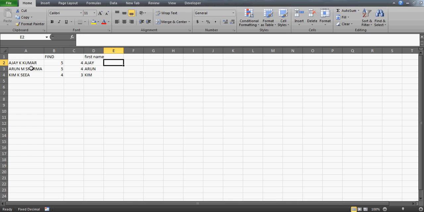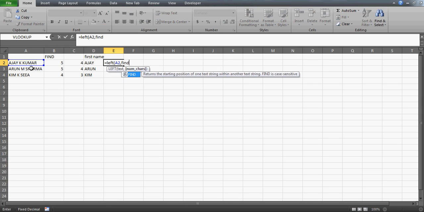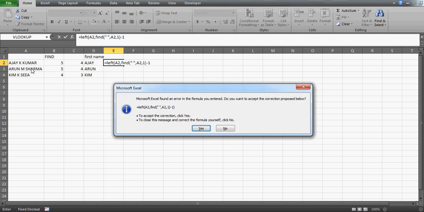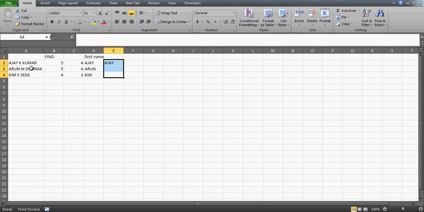Similarly, this can even be done in just one formula, wherein I think you can do it like this: left, and the text you select, and the number of characters you want. You can look for the space within this text, and the start number of course has to be 1, and then minus 1 from it, right? So that's how you can create this function. That's one and the same thing. Either you create the function like this, or you can create it separately, by keeping find here and first name here, the left function.